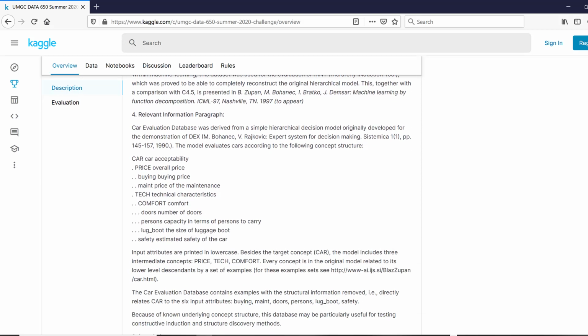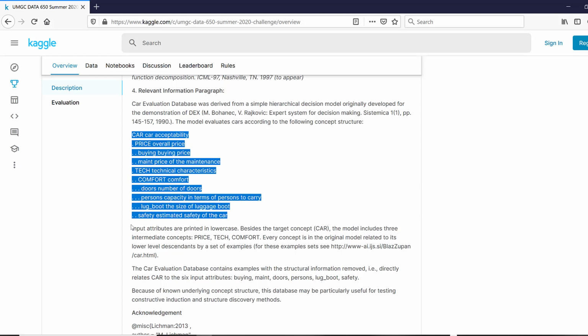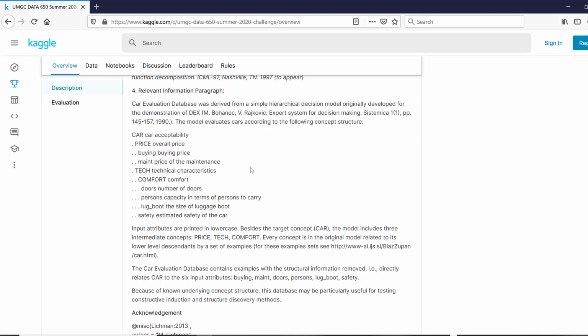It gives you information about some of the attributes as well, like the buying price, the maintenance price, the number of doors, the person's capacity, and so on. Some of the important information about each car has been provided, along with what kind of condition the car is in, right? That's going to be something that you would be coming up with as a prediction.